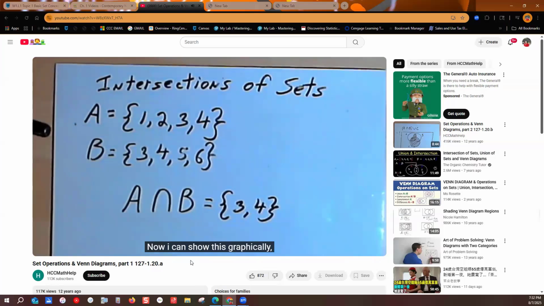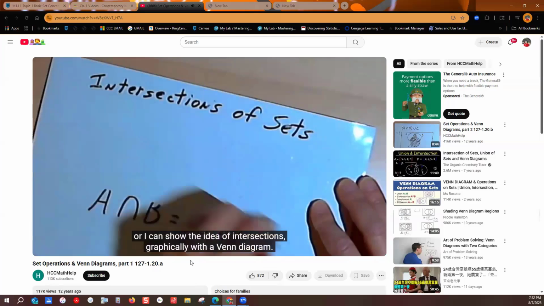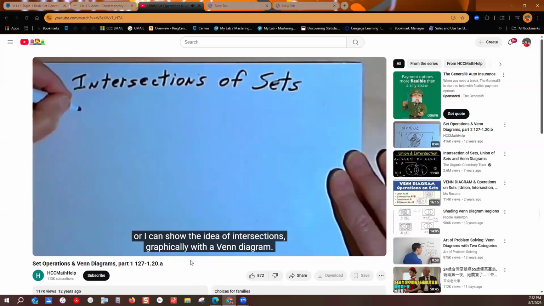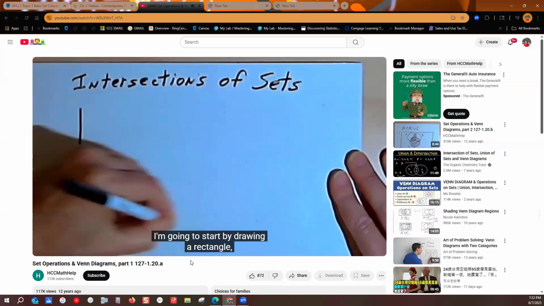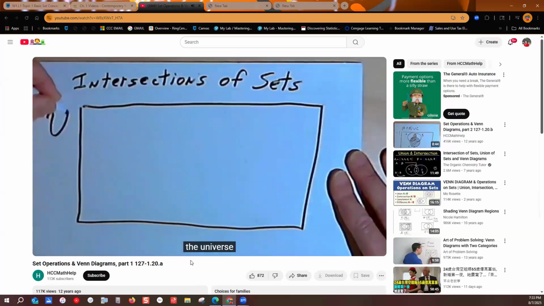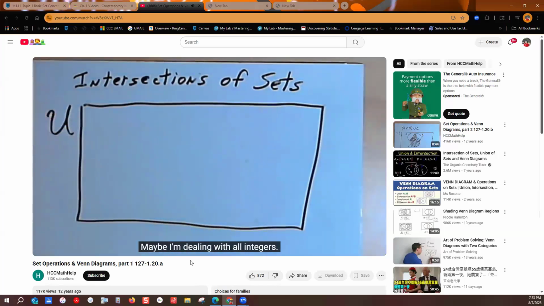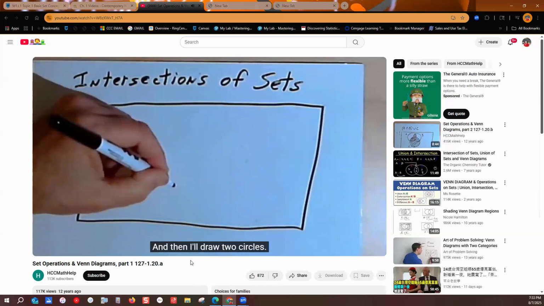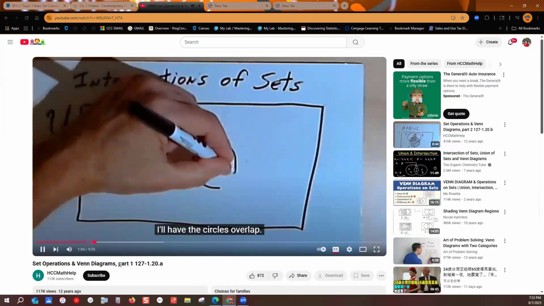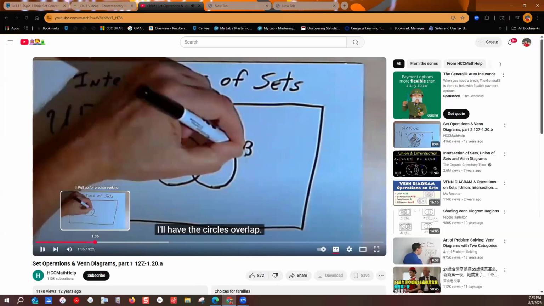Now, I can show the idea of intersections graphically with a Venn diagram. We start the Venn diagram by drawing a rectangle, which will represent the universe that I'm dealing with. Maybe I'm dealing with all integers. And then I'll draw two circles and have these circles overlap. One circle will be set A, and the other